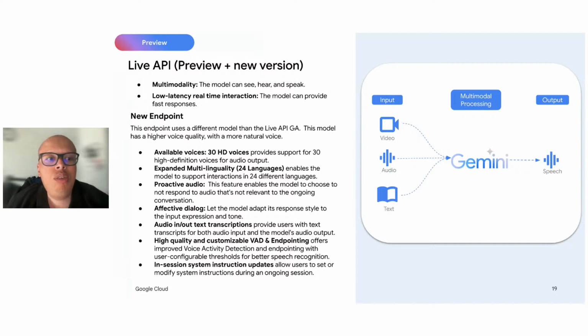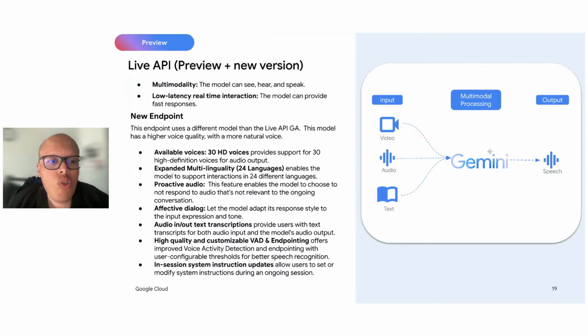The new endpoint, which is in preview, uses a different model than the Live API GA. The new model has higher voice quality with more natural voices. It is going to have 30 HD voices and support 24 languages. Also proactive video. What do we mean by proactive video? We are talking about enabling the model to choose not to respond to audio that is not relevant to the ongoing conversation,